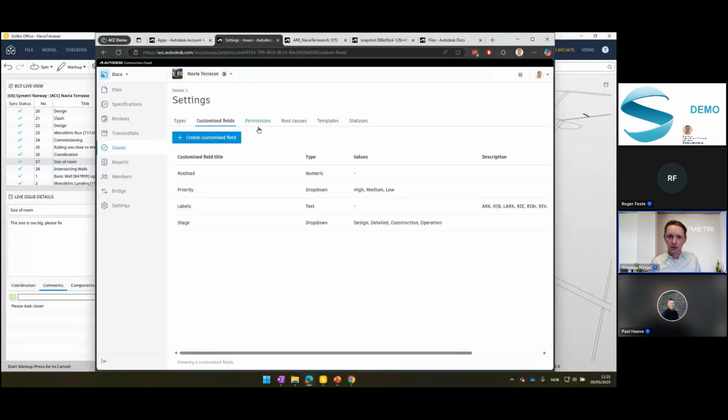Now, some settings to be aware of: customized field, priority labels, and stage. Those are the three labels or three information areas that you can add to Solibri so that the translation